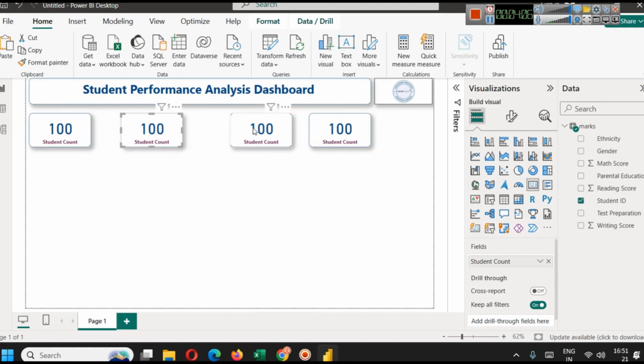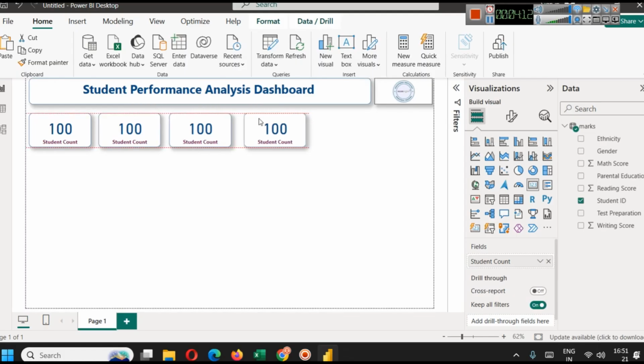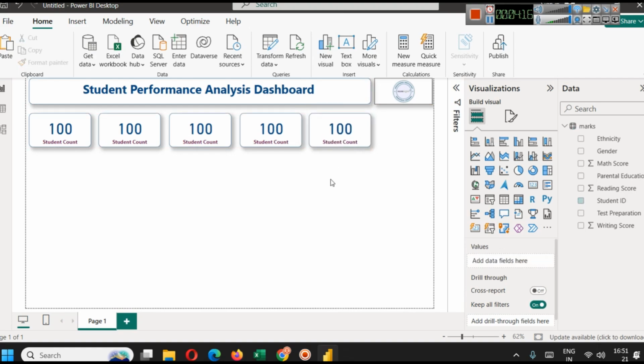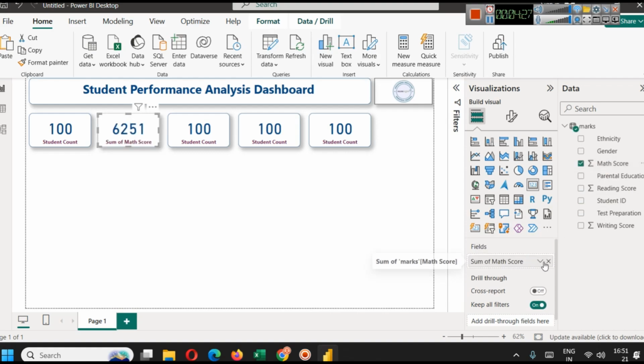Then I will make 4 copies of it and I will arrange it with equal width. We will later add more data here, so let's add some more visuals where we can show minimum, maximum, etc., and as per your requirement you can show those fields. So here we have student count. Now in the second part we will add math score, and here we will select what is the average of